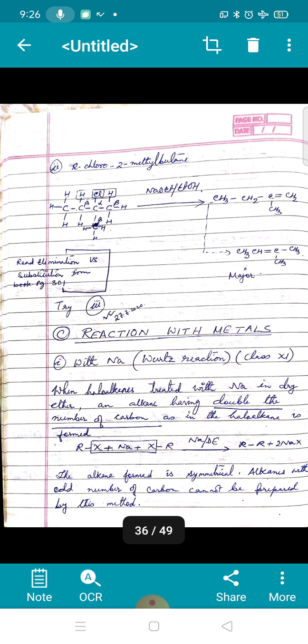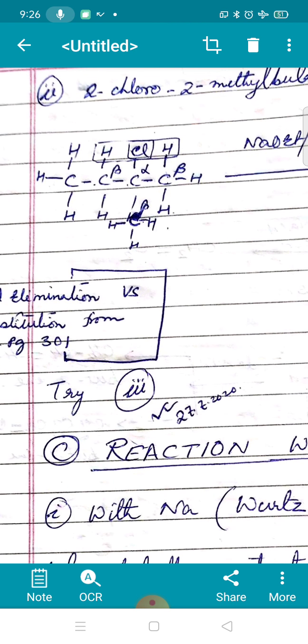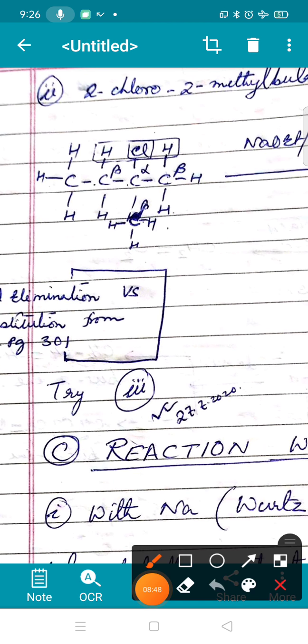There are some more examples in the same question. To predict the eliminated product for 2-chloro-2-methylbutane. So you can see here 2-chloro-2-methylbutane. The structure is, since butane is the word root, we have written 4 carbons in the longest chain. You can label it 1, 2, 3, 4. In the 2 position we have a chloro, and in the 2 position itself we have a methyl. Now how many beta hydrogens do I have here? You see one beta carbon, 2 beta carbons and 3 beta carbons.